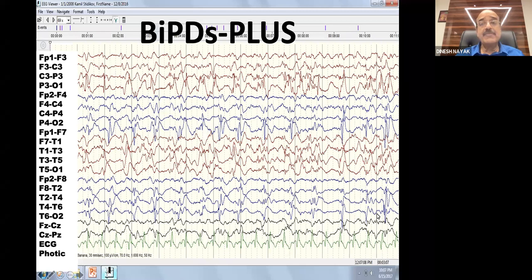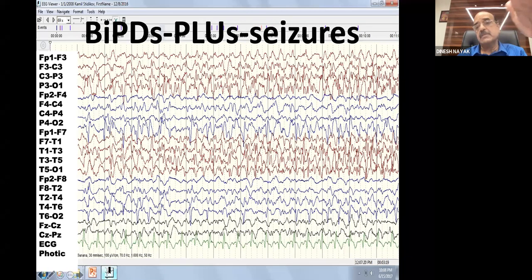The next page shows a left hemispheric seizure. So you can see that the right hemisphere is still showing only PLEDs. The left hemisphere is showing PLEDs plus, and the PLEDs plus is now generating a very nice seizure. It is evolving. So the presence of rhythmic after discharges, which means the presence of PLEDs plus, means very high chances of the person having seizures, or getting clinical or electrographic seizure. So this is a very nice example of that. You can see that the right hemisphere is still having the same PLEDs going on. So that's what it is.